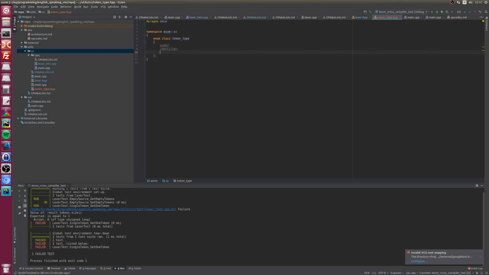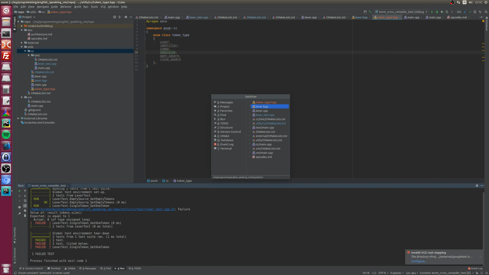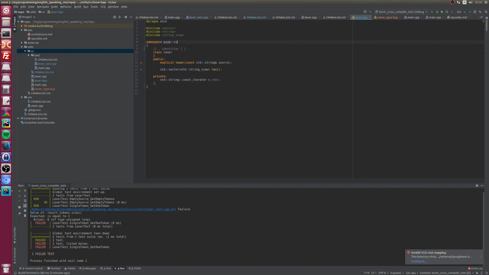We'll return that in case of any error. Undef, identifier, comma, semicolon, open square, close square, colon. Cool, Lexer. So yeah, we have comma, identifier, open square. Okay.